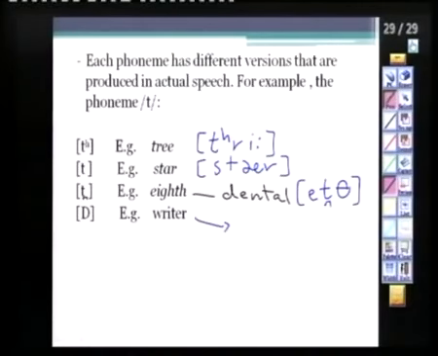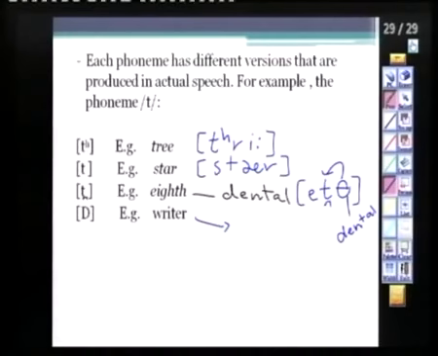Okay, let's look at this. So we said number 1, it has to be aspirated. Here you don't have aspiration. You have another version of the phoneme /t/. You could have a dental /t/. When do you have a dental /t/? If you have the sound /θ/ following that sound. So the sound /θ/ is going to affect the pronunciation of the alveolar stop /t/, and you're going to end up with a dental /t/. Remember, this sound is a dental sound. The sound /θ/, do you remember? Yes. It's a dental sound. So it's going to affect the /t/, and it's going to become a dental as well.